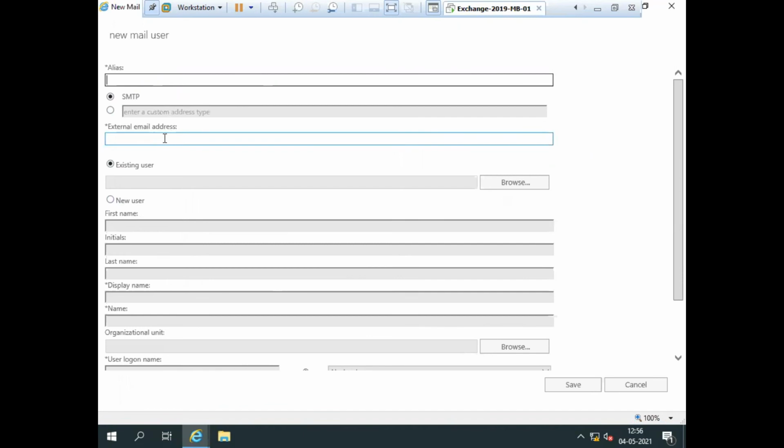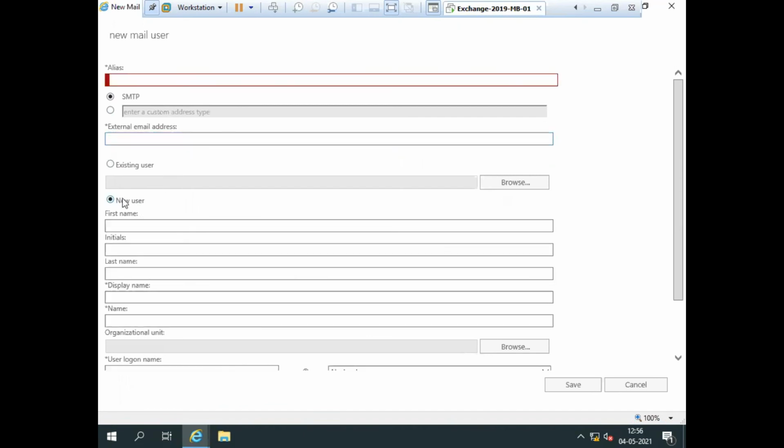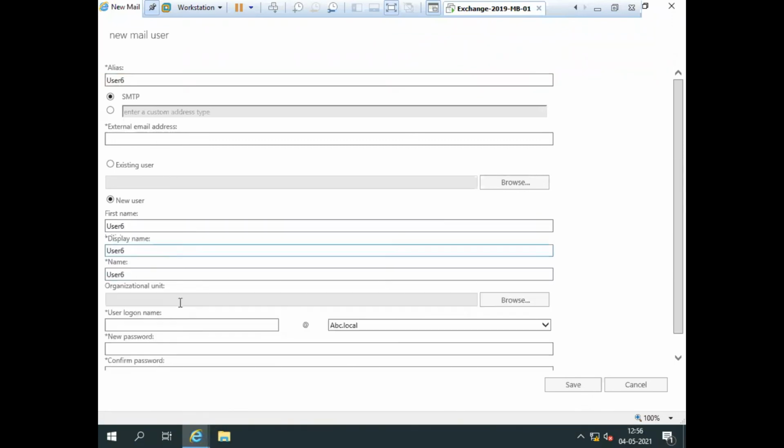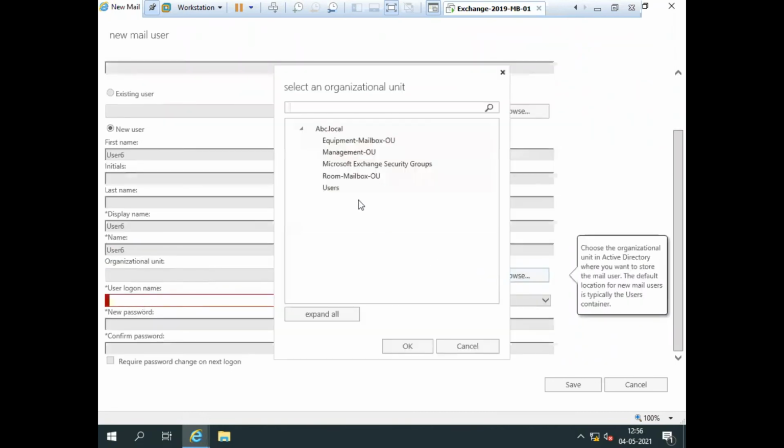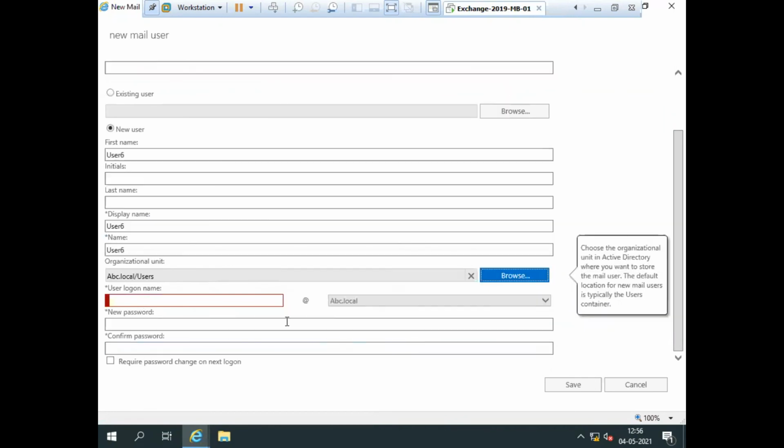Or if you want to create a new user, in my case I'm going to create a new user. The alias name is user6. I'll go for user6, and the first name is user6, and the last name I'll go for something. Then I need to choose where to save this user, in the users container.